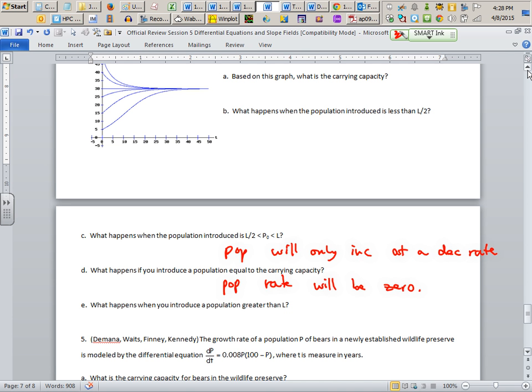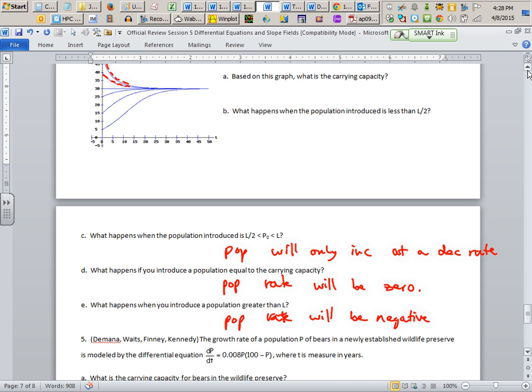What happens when you introduce a population greater than L? We have instant decay, right? So population rate will be negative. Population rate will be negative. That's the same thing as saying the tangent lines will all be negative. Okay,